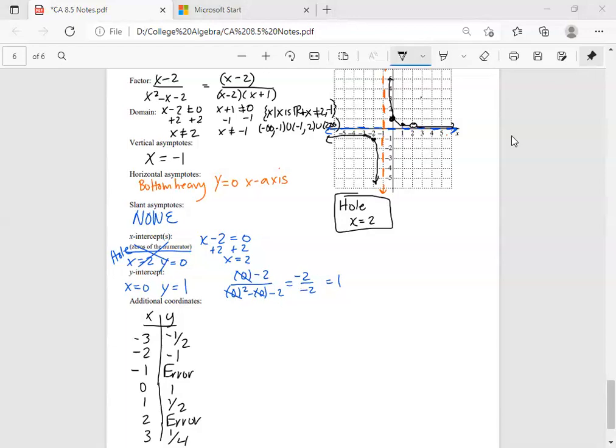8.6 is on Monday. The review is on Wednesday. So that's kind of where you want to be: you need to be trying to finish 8.5 to be where we're at right now. I know it's not due till the next Sunday, but it's a good idea. If you go ahead and stay where we're at, you're going to be more successful because you're going to be understanding what we're